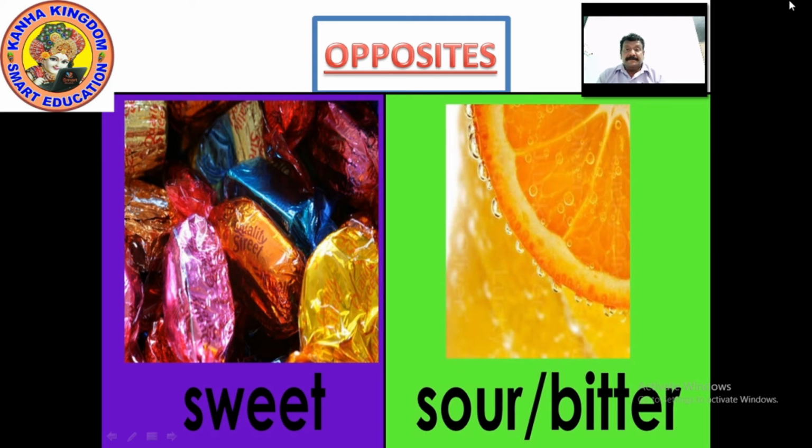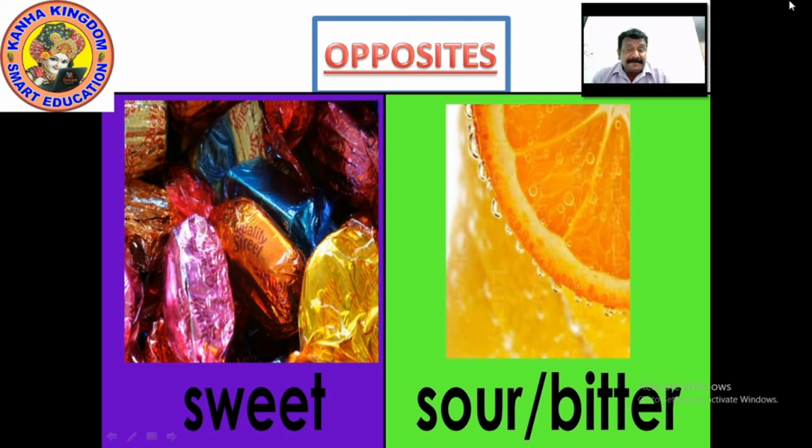So now when you say sweet, opposite of sweet can be of many things. You go to a sweet shop, you will find many things which are very much sweet. All the things you get in a mithai shop are sweet. So here I have used chocolates just for illustration purposes so that you can understand about sweet.